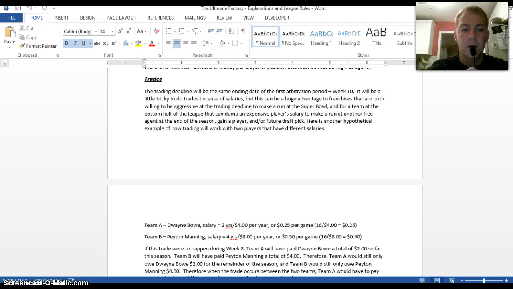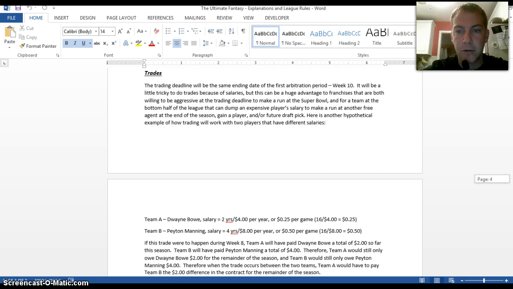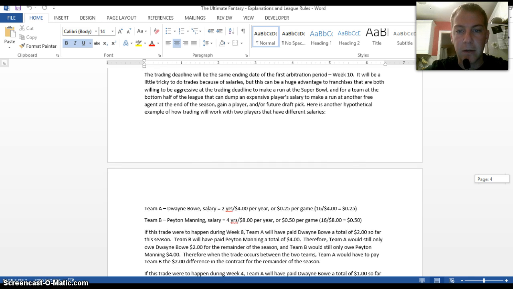Okay, we are going to go ahead and move into trades now, and the trades are going to be a little tricky. The deadline will be the same ending date as the first arbitration period, so you will have decisions to make about which players you want to extend, which players you might want to try to obtain through a trade, which players you want to send to free agency or at least to the second arbitration period after the season. So it will be a little tricky to do trades because of the salaries, but